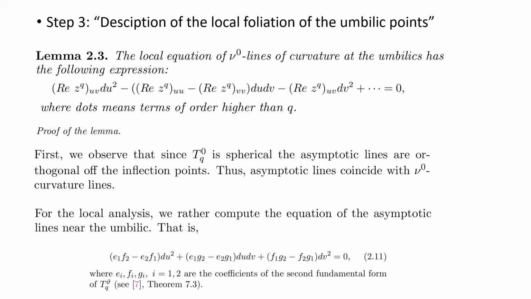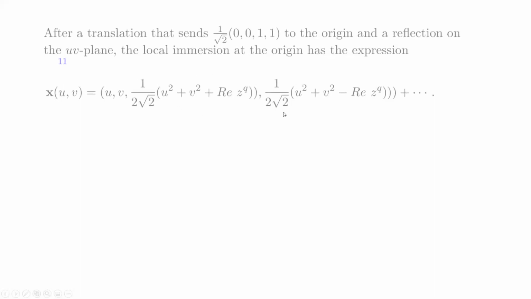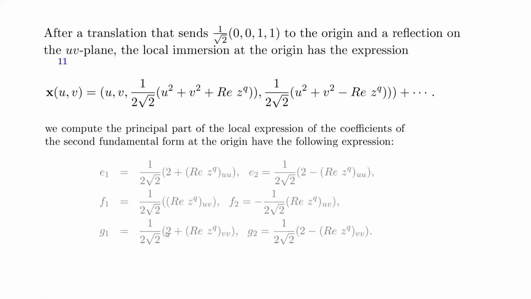So with spherical surfaces, we get this equation and obtain the local description of the asymptotic lines. Using the coordinate chart that I expressed before, we can compute the coefficient